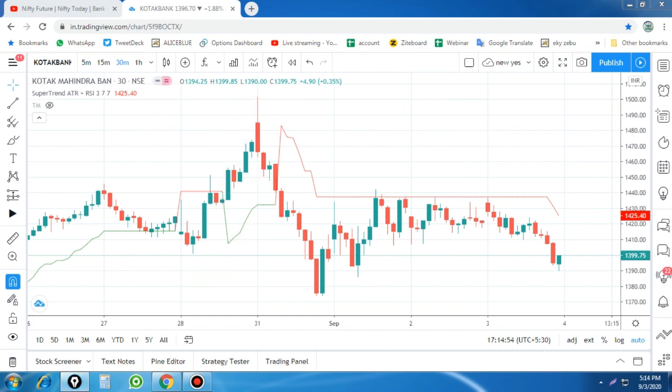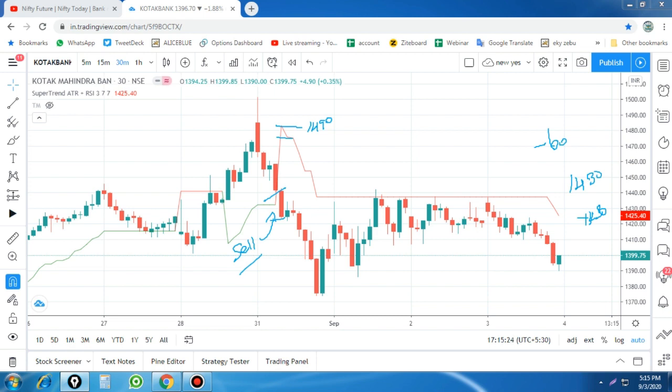And here you see that on this candle I got a sell signal. Let me show you again, this particular candle. I'm not going to take the initial trade. Approximately 1430 is the price, and the initial stop loss is 1490. So it is around 1430, and almost 60 rupees is my stop loss.